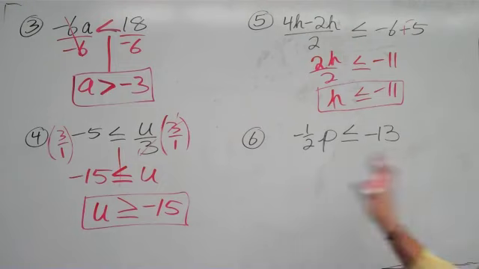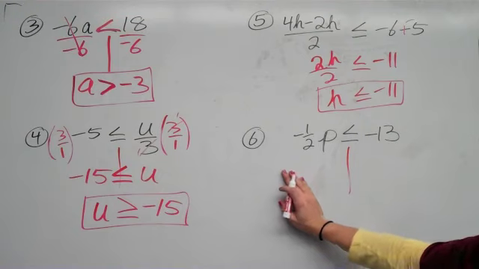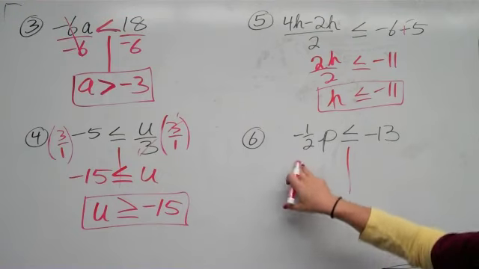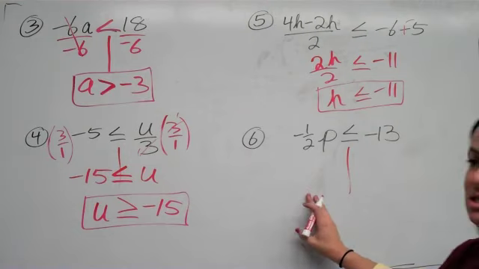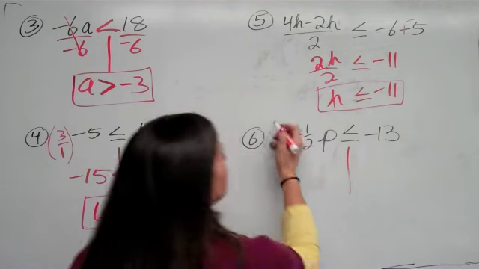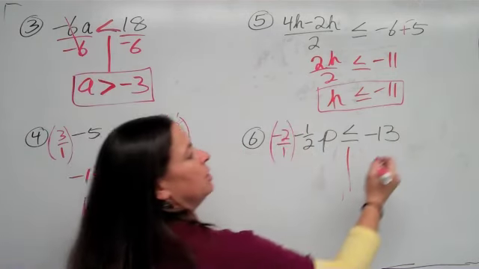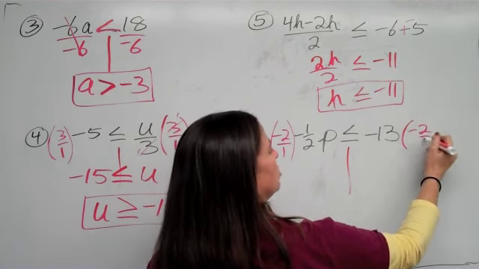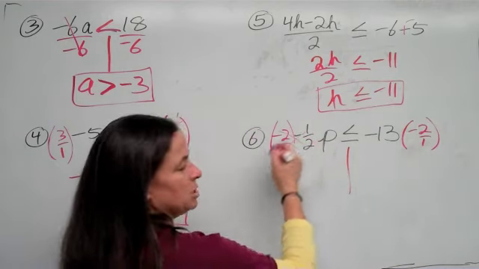Number 6. Here's p. It is on the left side. Attached to it is negative 1/2. It's attached by multiplication, so I could divide by negative 1/2. Or, because it's difficult to divide by fractions, you multiply by the reciprocal. The reciprocal of negative 1/2 is negative 2 over 1. Multiply this side by negative 2 over 1. The 2's simplify, the 1's simplify. This makes a positive, so